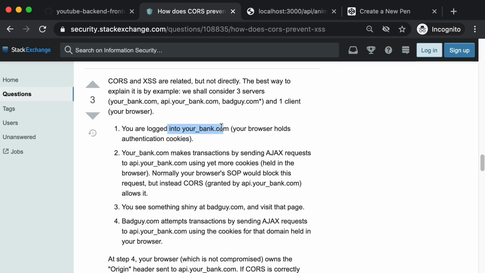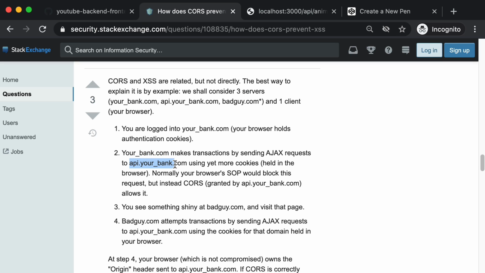So for now, just know that the cookie is what lets the server trust or believe that you are who you say you are. Okay, and every time you make a request to yourbank.com, your browser automatically sends that cookie data to the server, and so the server can say, aha, you're this person, we trust that you really are that person. Anyways, imagine your bank website that you log into, imagine it wants to make honest, legitimate, asynchronous requests to